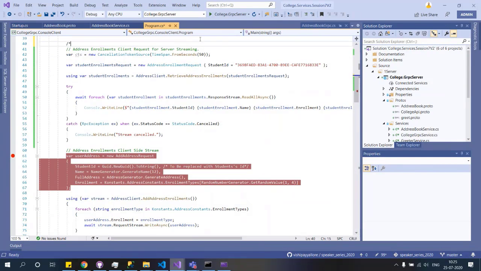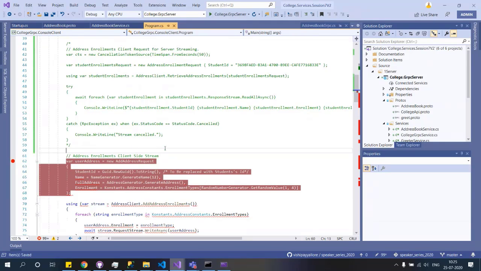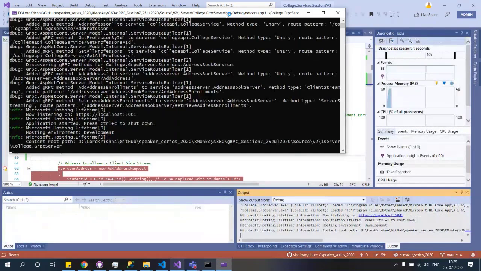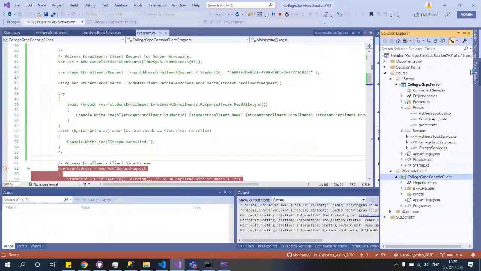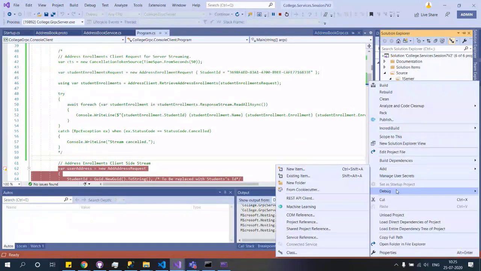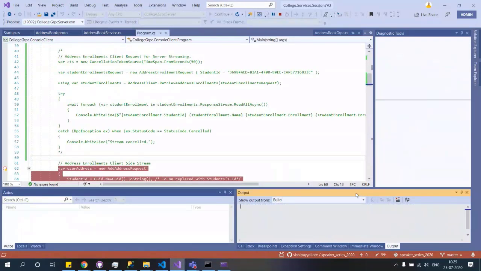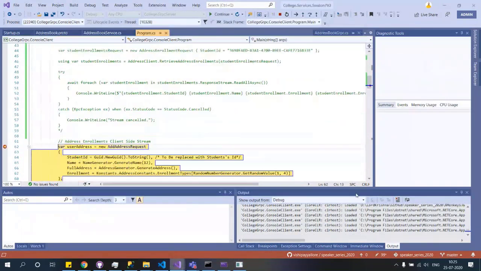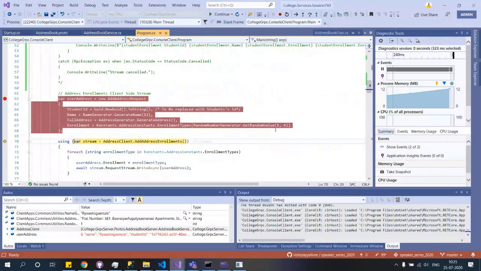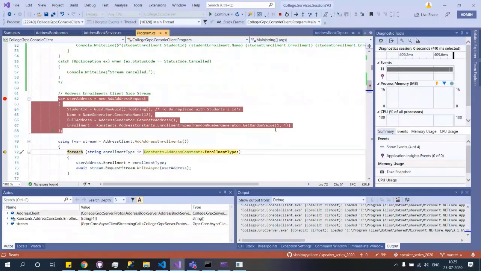and let's see whether our previous sample is working or not. Okay, cool. So let me execute this server and again I'll come back to the client and execute this, our client. Okay, the client has come. Now I did an F10. Now I'm doing the client side streaming. Let me go there.